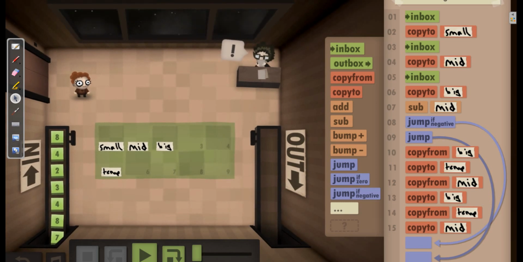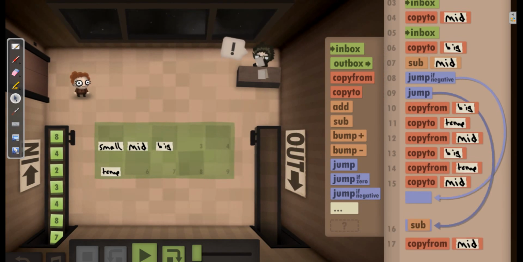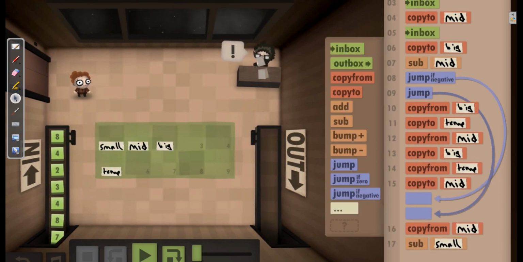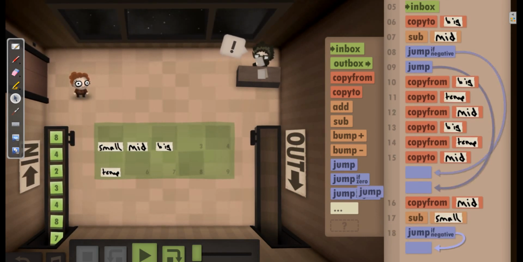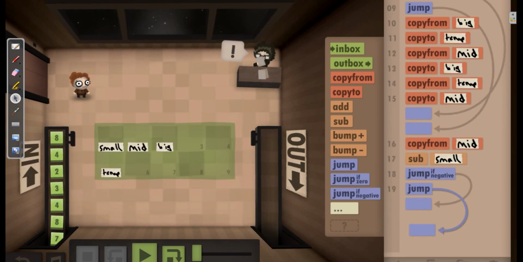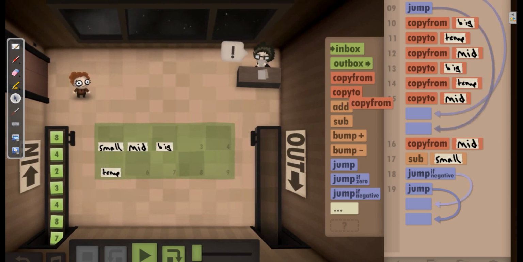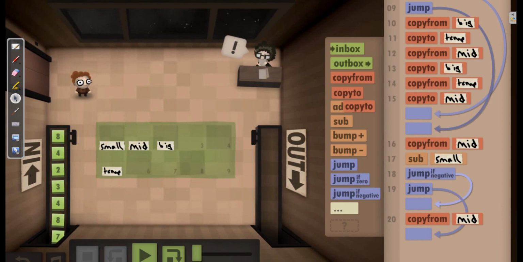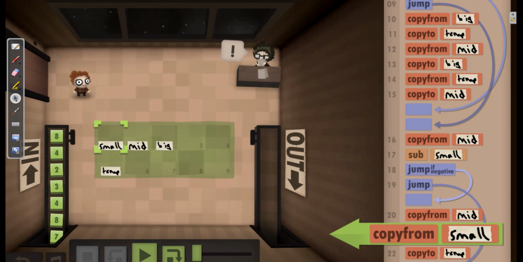And then I want to check these now. So at this point, copy from mid, subtract small, and again, jump if negative, and then have a jump. So if these are out of order, then I'm going to need to check them again. If they're out of order, I want to swap, so I'm going to copy from mid, copy to temp, copy from small,